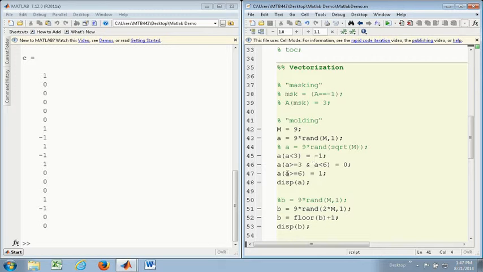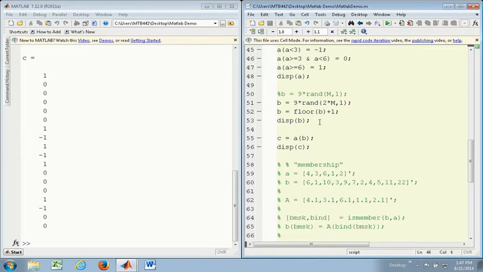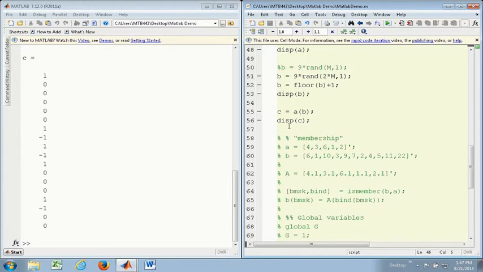of time. For instance, if I wanted to create the A vector, I had to loop through it, and I had to put an if statement saying that wherever the entries of A are less than 3, place a -1, and wherever they're in this interval, place a 0, and so on. I didn't need to do any of this here. I used masking here, and I created my B vector. This was really simple. I didn't do any masking over here, but the molding also has a lot of use when you're doing